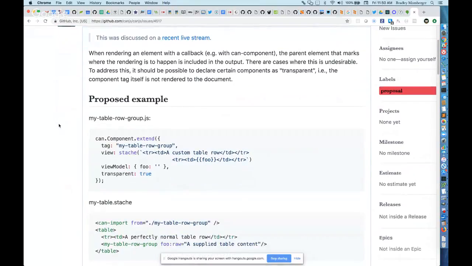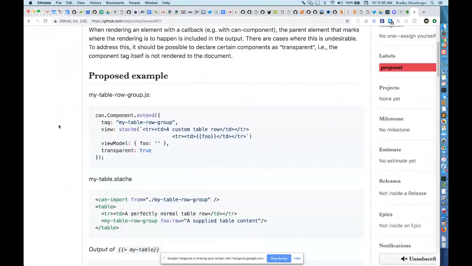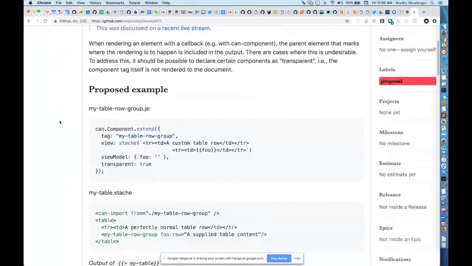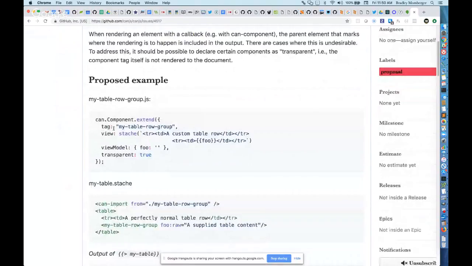So I'd like to explore how we do that, or how we could do that in CanComponent, or with something like CanComponent or tag or element, etc., where the component tag itself isn't placed along with its content. So my example here is just using CanComponent, and it's adding a single extra property